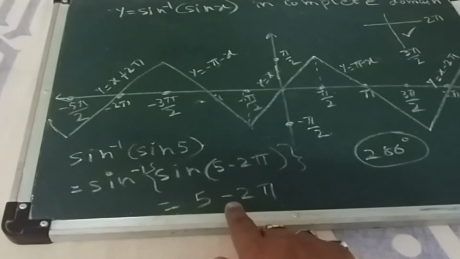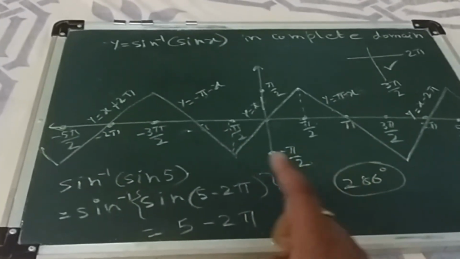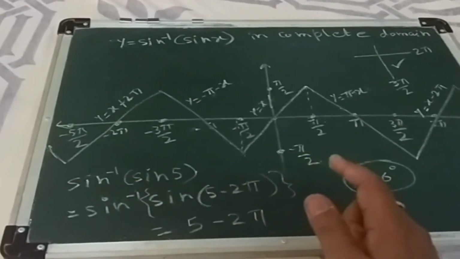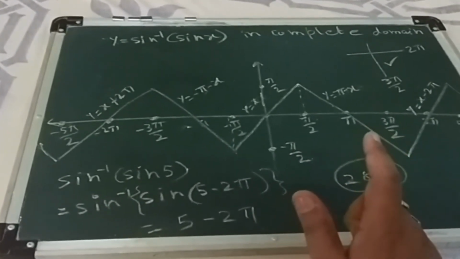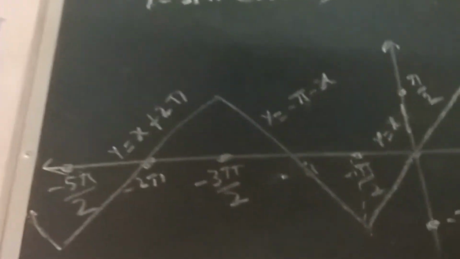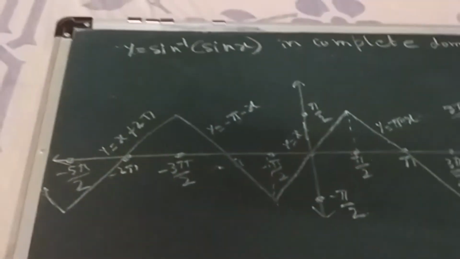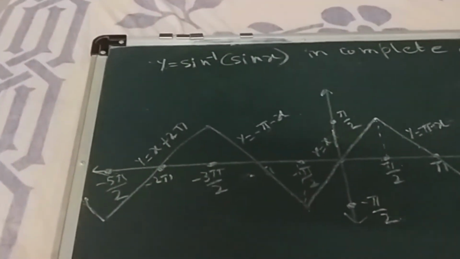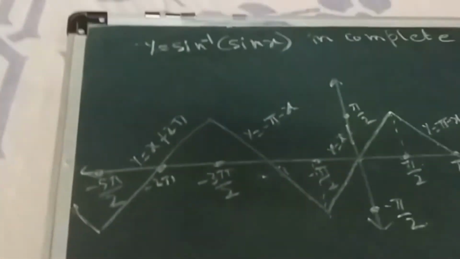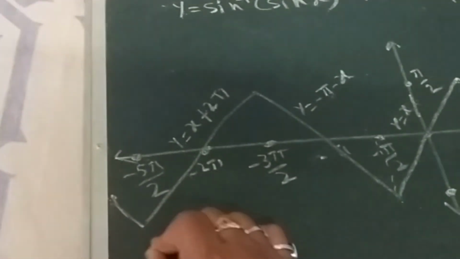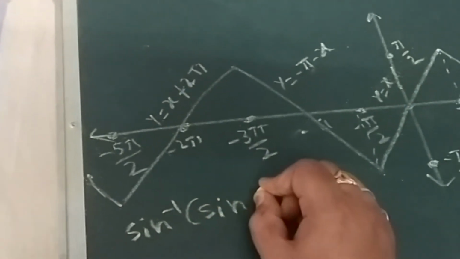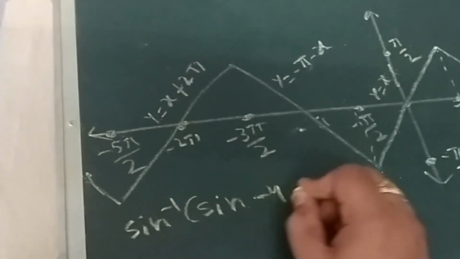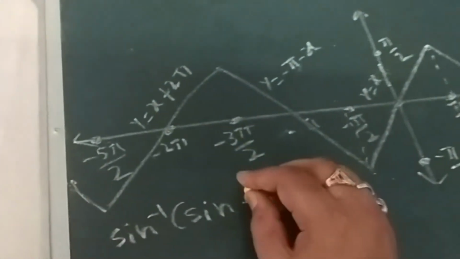Okay, for other graphs, say cos inverse cos x, tan inverse tan x, I will not plot, I will paste the direct photo. Okay, I think you have understood. Let me solve another question, of the same type as sin inverse sin x, and after that you can solve this type of question. Here the question is, say sin inverse sin, but this time I am taking minus 4. Sin inverse sin minus 4.